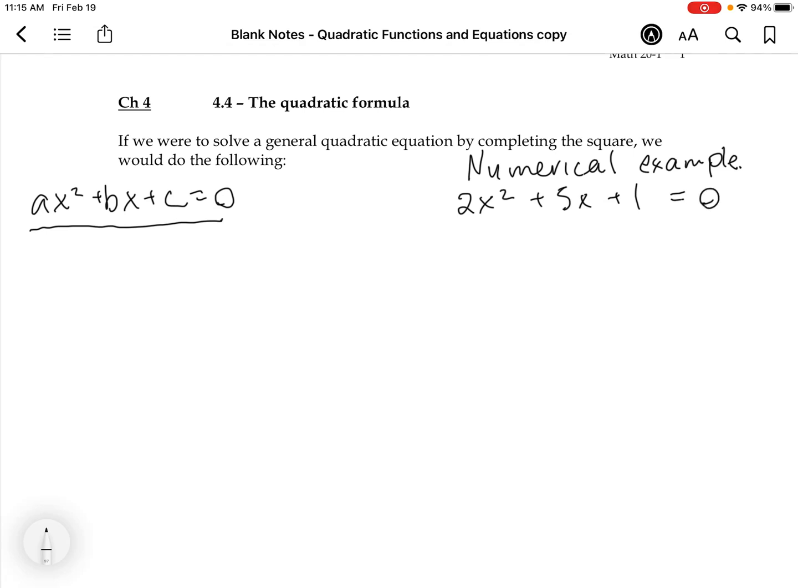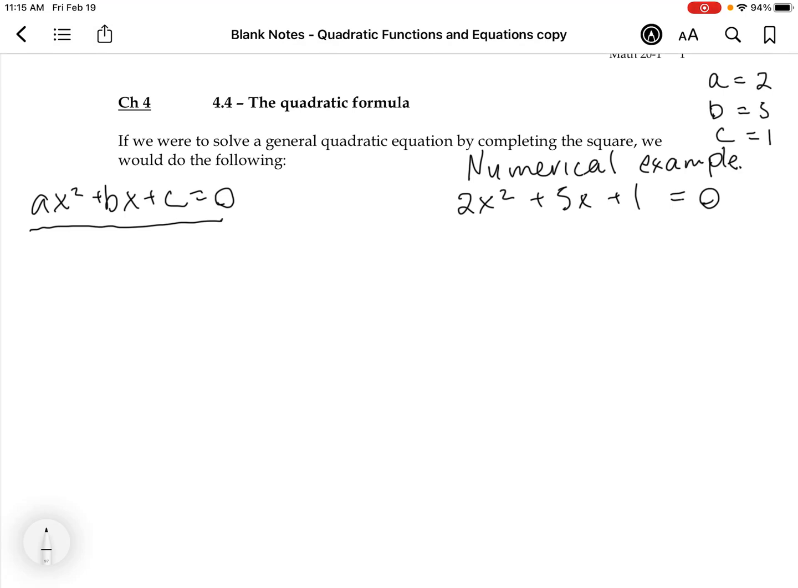Okay, so in this scenario, a is the coefficient of x squared, so a is 2. b is the coefficient of x, so b is 5. And c is the constant, so c is 1. Okay, so the process of isolating x is exactly the same as what we did yesterday, which was we completed